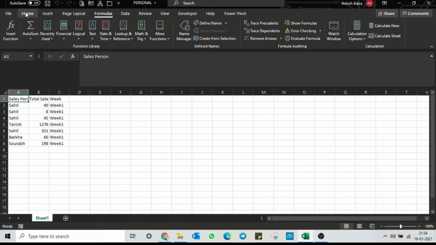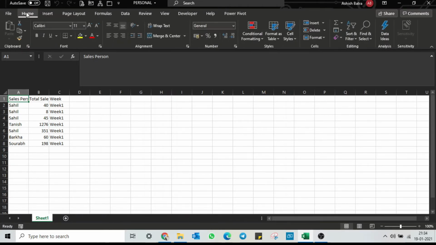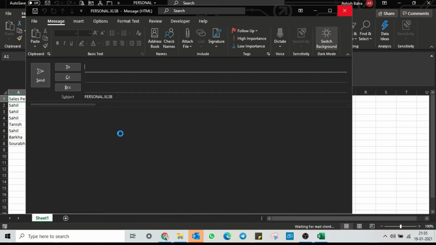Let's say you want to access the shortcuts which I have for my ribbon commands. For that, you need to again click Alt. How you can use your shortcut, that you need to define. Let's say my sixth option, which is the email option. Let's say I want to share this Excel file in an email. What you would do is save the file and then open Outlook and attach the file. I have my shortcuts ready. I just need to click Alt and then 6. And my Excel file is attached in an Outlook email so that I can send the email.